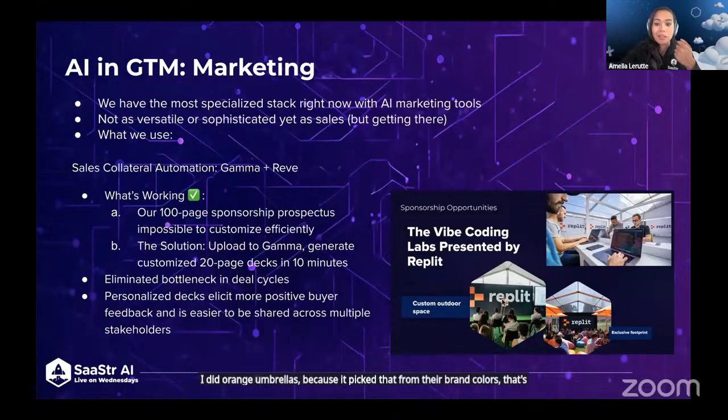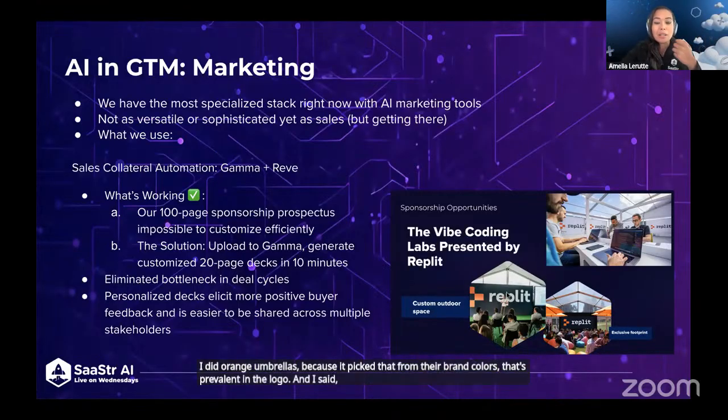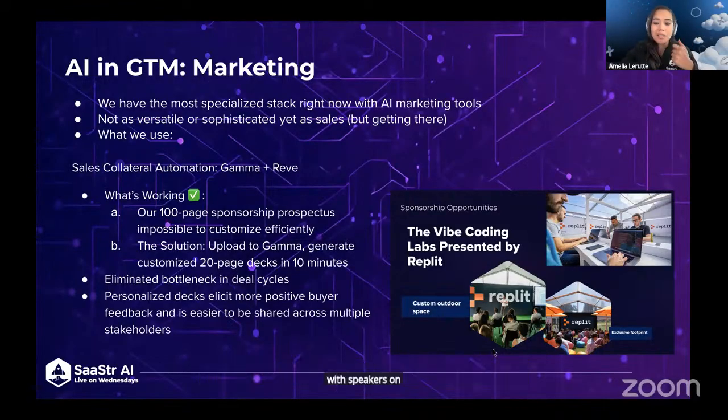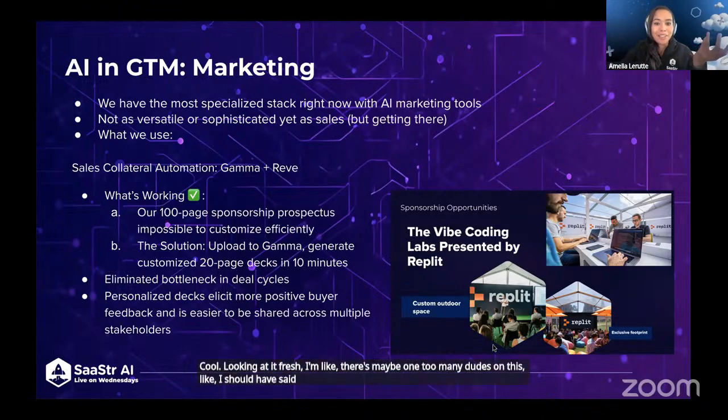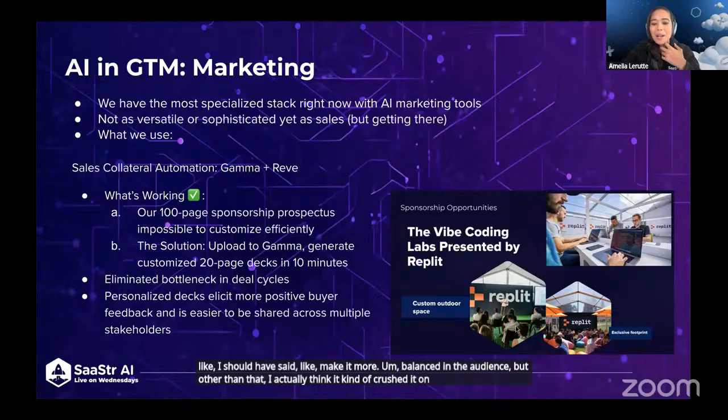That's prevalent in the logo. And I said, okay, now the last one I want to include some sort of outdoor stage and space. I gave it photos of past outdoor stages we had with speakers on it, and it came up with this. And I was like, cool. Looking at it fresh, I'm like, there's maybe one too many dudes on this. I should have said make it more balanced in the audience. But other than that, I actually think it kind of crushed it on these mocks that I wouldn't have been